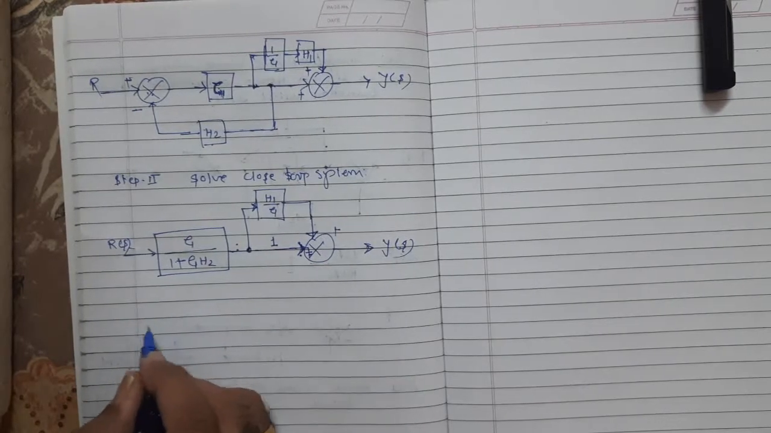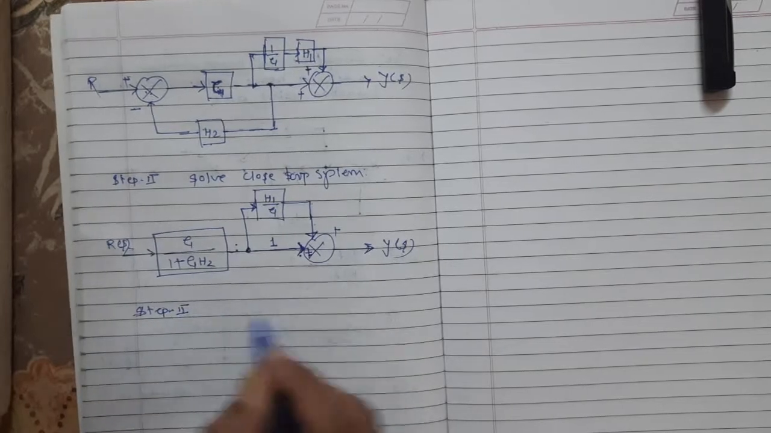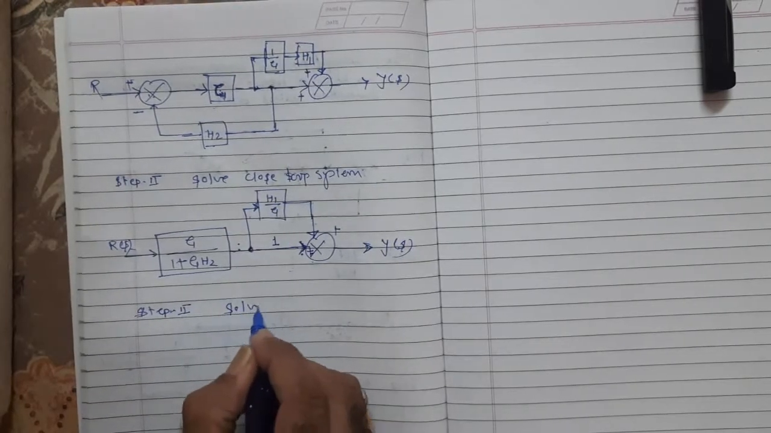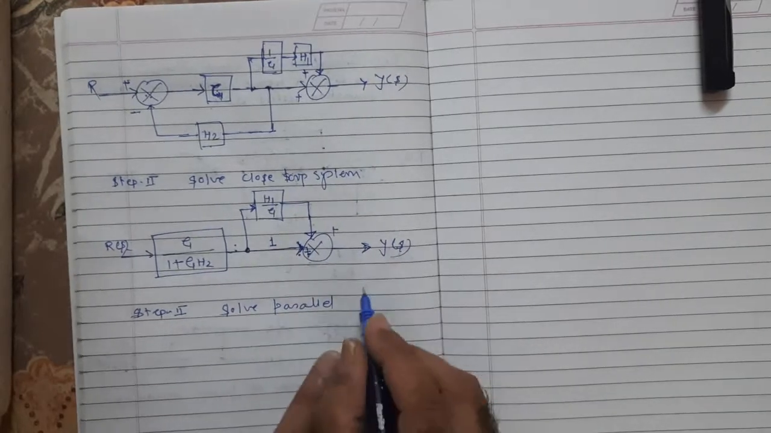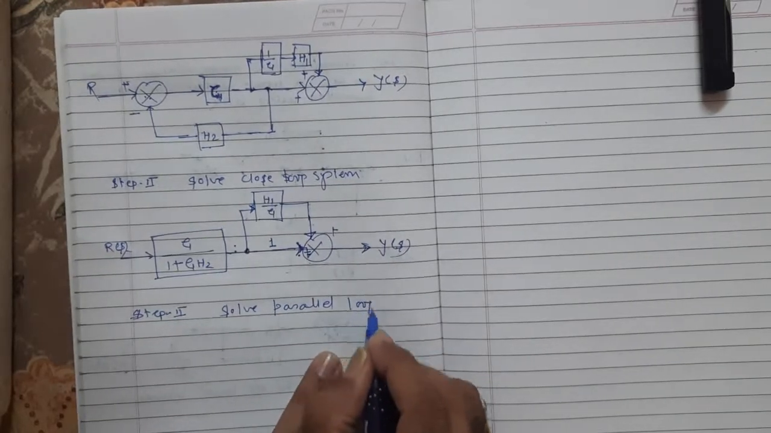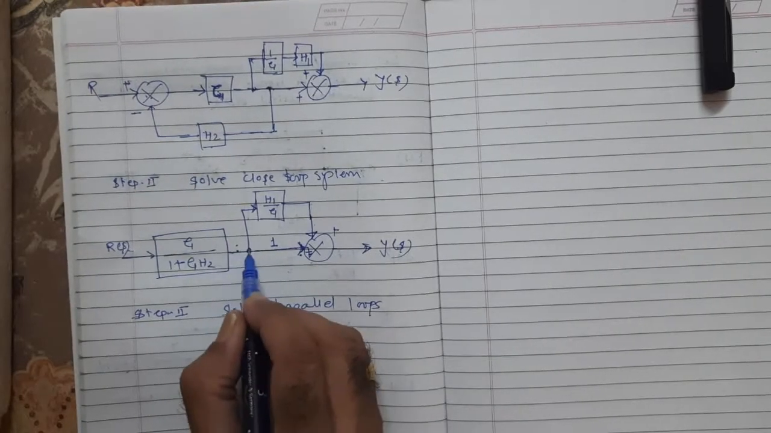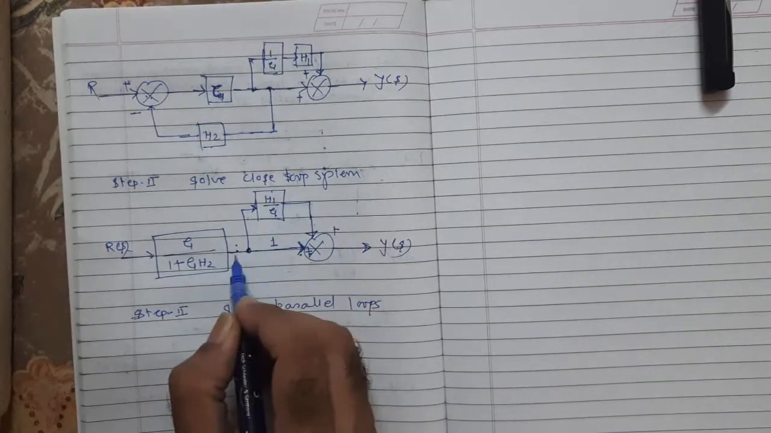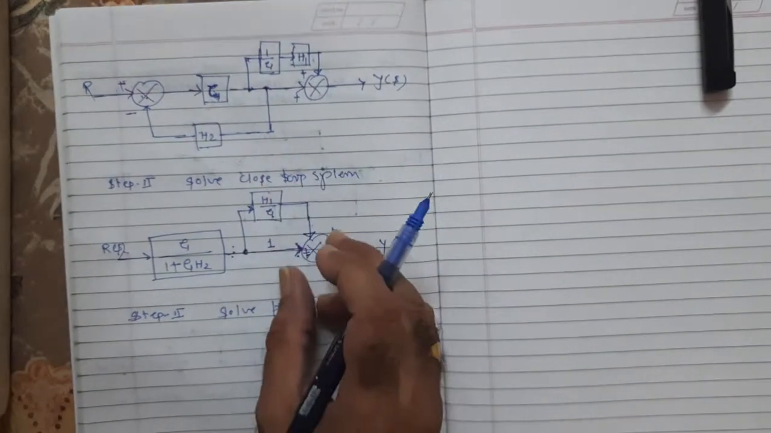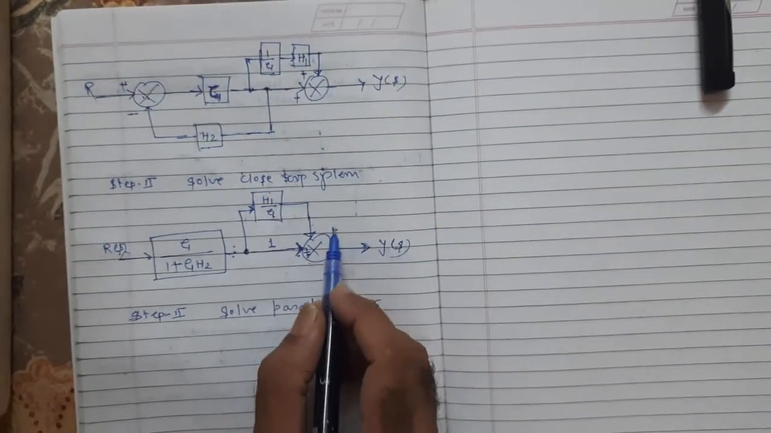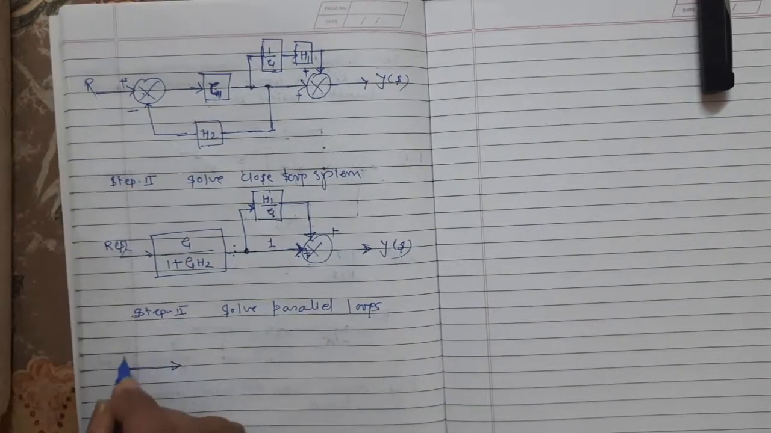So this we can do as step 3, solve parallel loops. Here the input to the one is x and the input to the H1 divided by G is again x, so that means these two are connected in parallel and they get added here. This is positive sign, this is positive sign. So what happens here, we will have this is R,